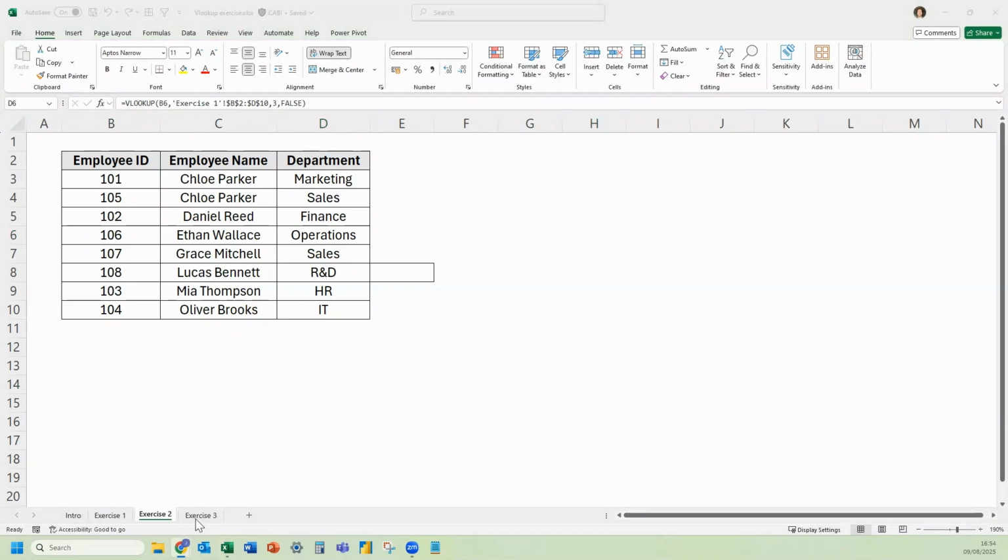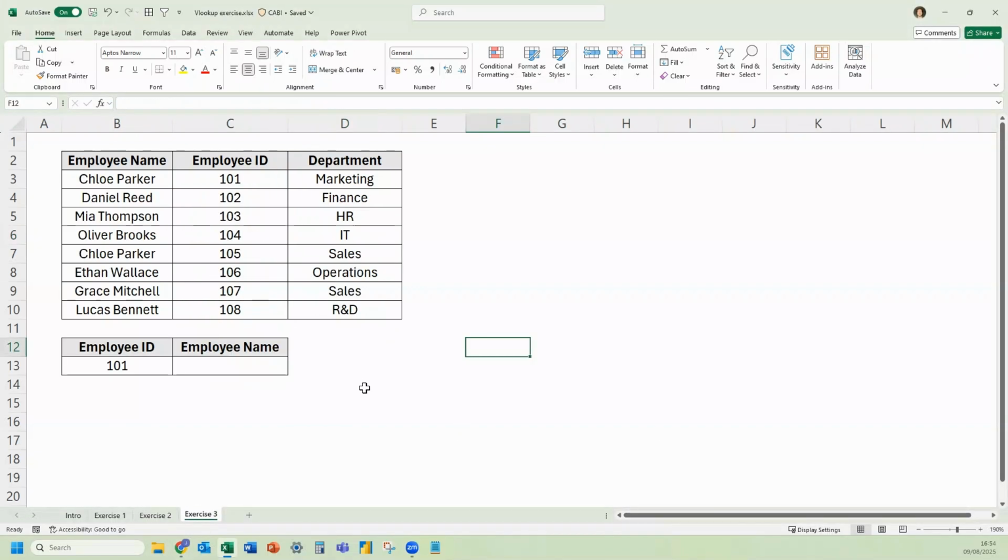Let's go over one final important point. With a VLOOKUP, it can only look to the right of the column you're searching in. So if we are using employee ID to look up the employee name, employee ID needs to be the leftmost column at the front of the table array. And then the one that we want to return, the name, will be to the right of that. If we try to run this query